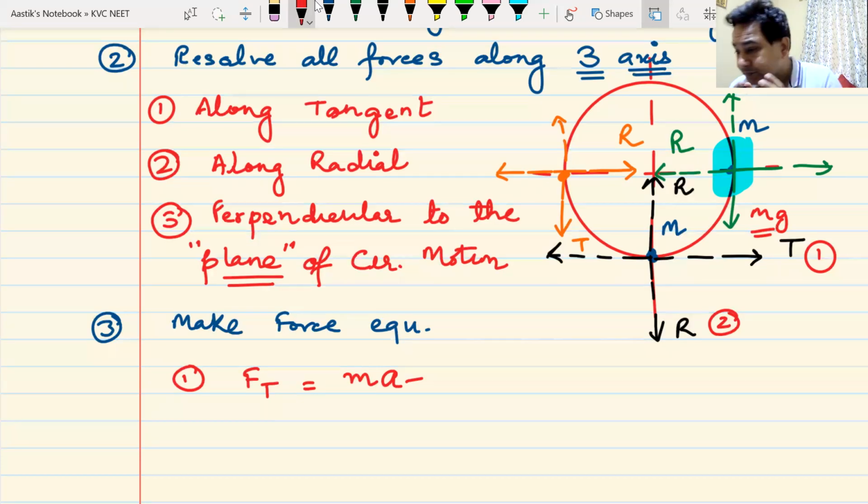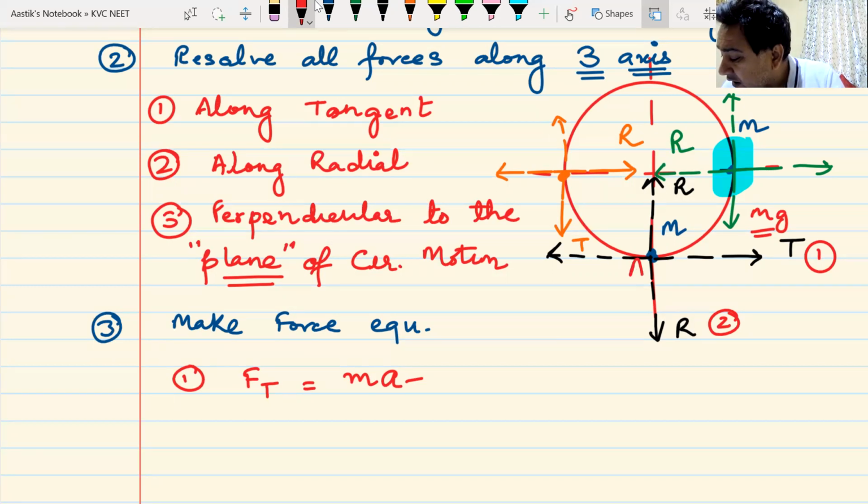So this is how, as you can see, when this body moves and it is at different points, the tangential forces and the centripetal forces are continuously changing. They will keep on continuously changing. Sometimes gravitational force will become centripetal force. Sometimes gravitational force will become tangential force. If there is a point in between,